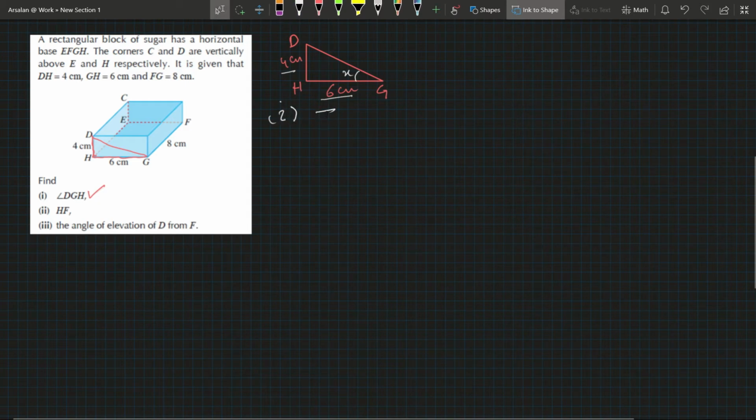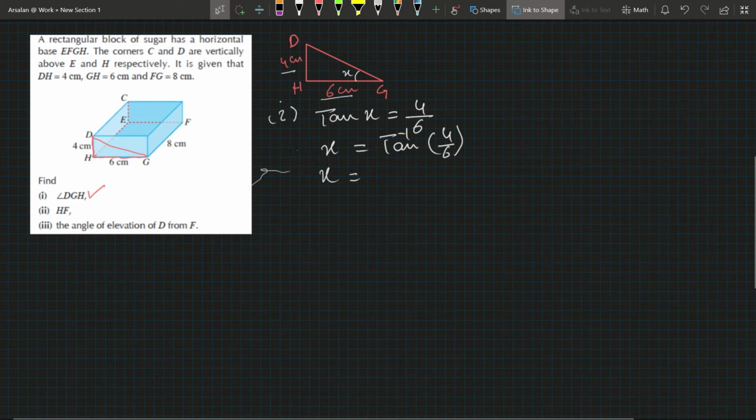It is tangent x equals 4 over 6, and the one-step solution is x equals tan inverse 4 over 6, and then you will use your calculator to find the final answer. x is equal to tan inverse 4 over 6